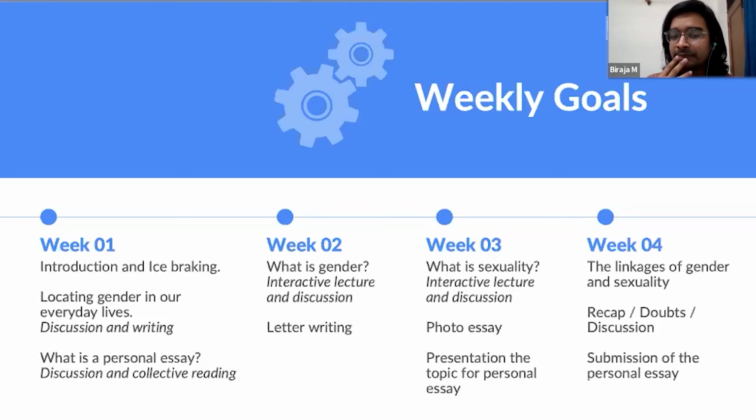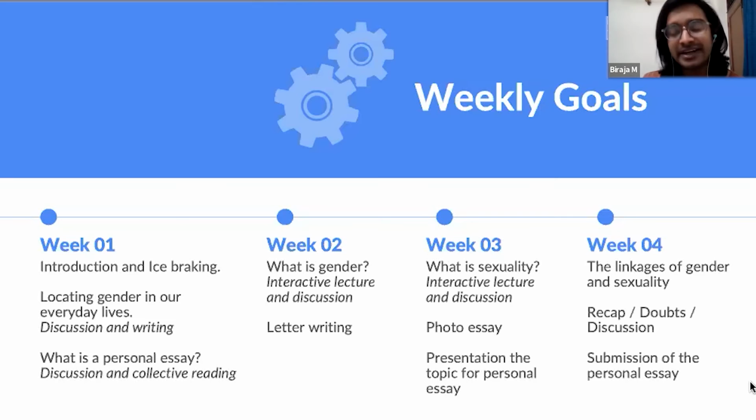In the inputs where we talk about what is gender, we will discuss gender as a structure, like how it impacts us, and how we also do gender and become part of it, or we break it in a very everyday way. Not necessarily by identifying as a trans person, but also by fighting with parents to go out of the house and dealing with the home curfew timing. So in a very everyday way, how do we all break gender? We'll talk about that. Even in terms of sexuality, it's not about sexual orientation, but also why do I desire makeup? Some very personal questions that shape the foundation very well. And after that, we will learn the linkages of gender and sexuality.